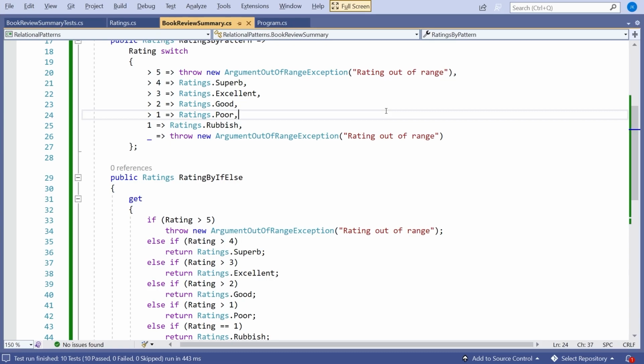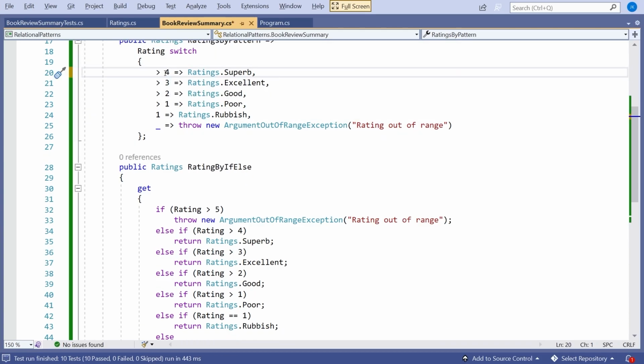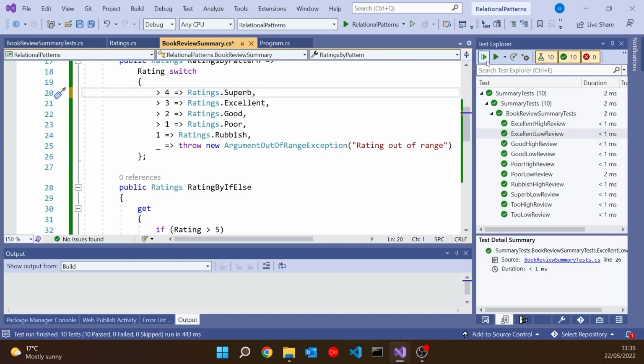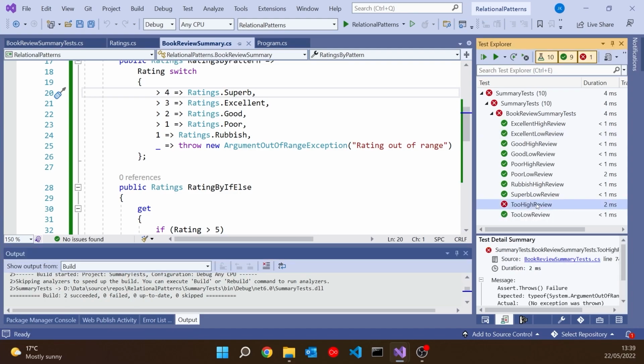One other thing we can actually see in both of these that's a bit irritating is that we've got the throw repeated, and it might be nice if we could put them all in the one place, but it would hit us with a problem that if I were to try and say just remove that, then 5 would now hit the is greater than 4. So if we look at the tests for that, that one's failing again because the too high actually is going